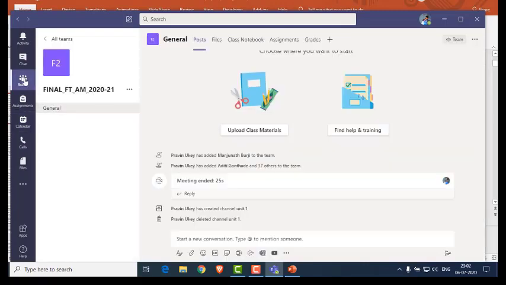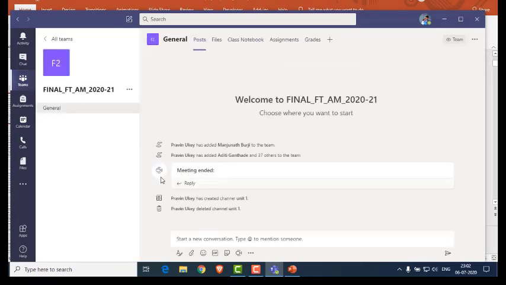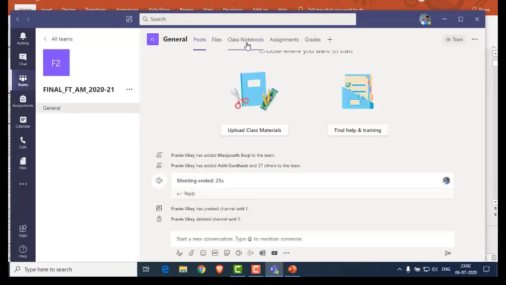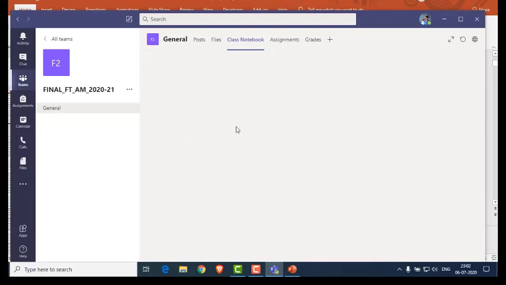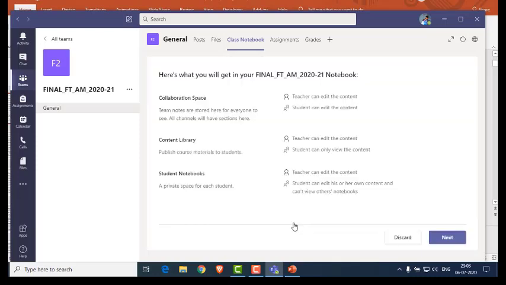Let's go through the class notebook. For the class notebook, I'm going to click again on the subject, then in the general tab you will find there is a class notebook. Once you click on this, there's a blank class notebook. First of all, I need to set up that class notebook. Now there are two options which are popping up. One is from existing notebook content, like the notebooks which I've created earlier, from which I can copy exactly, or for just instant, let me create the blank notebook here.